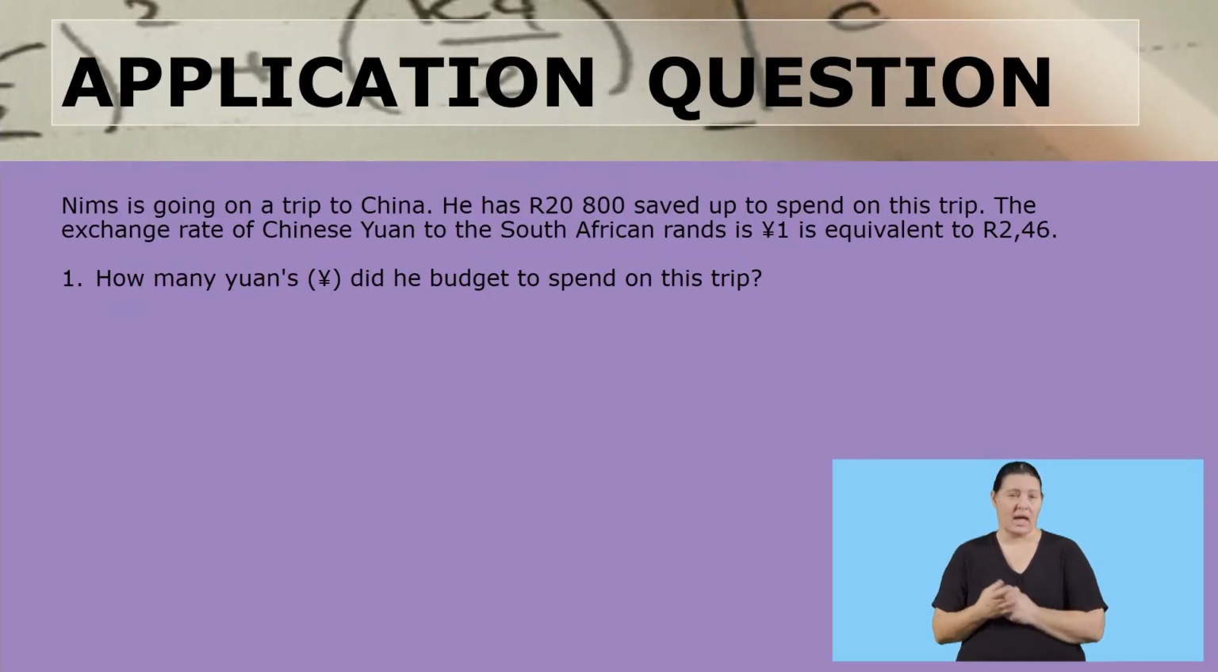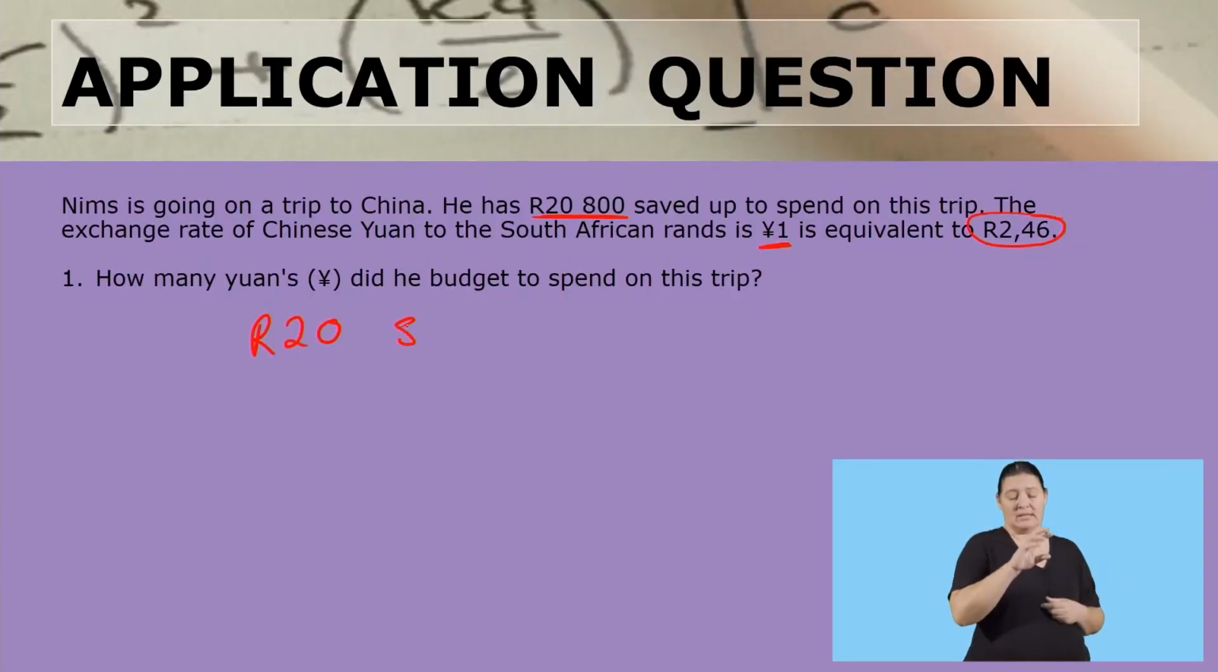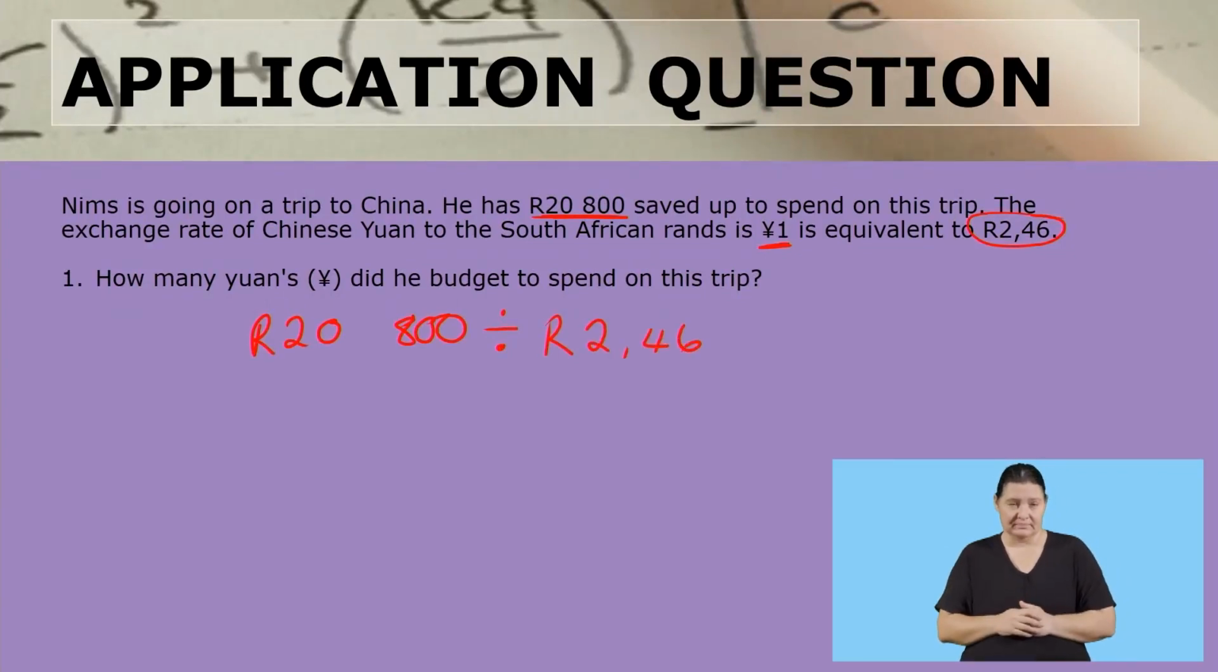So remember, how much does he have in his bank account? He has 20,800 rands. And we have been told that 1 yen is equivalent to 2 rands and 46 cents. So how do we go from rands to the yen? Now we have 20,800 rands. And because we want to take it to the yen, we need to divide by that 2 rands and 46 cents. So that's exactly what we are going to do. And when you punch that into your calculator exactly the way it is, then you are going to get an answer of